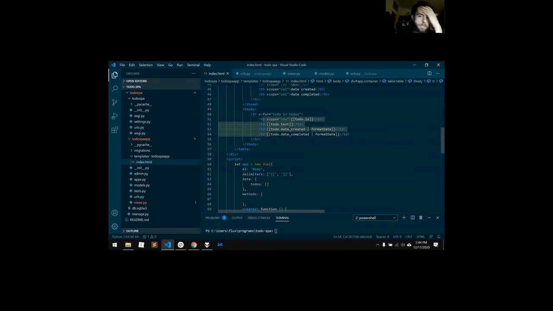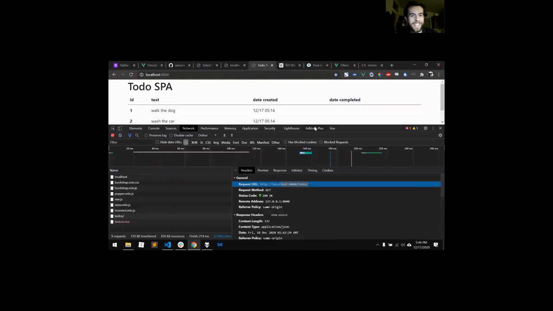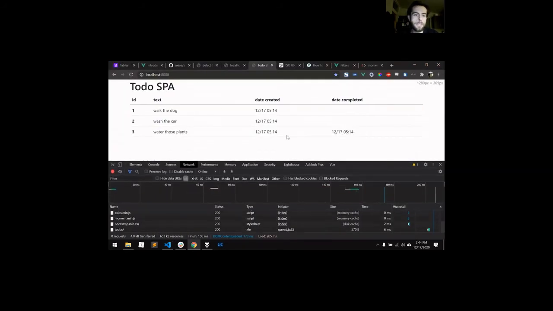Okay, we got 15 minutes left. We got 15 minutes left. And we got a couple more things we want to do. We want to at least be able to create a new to-do item, right? So we want to have a text input here, where the user can type a to-do item, and then a button that they can press, and they should see the new to-do item inside the table, right? Okay,